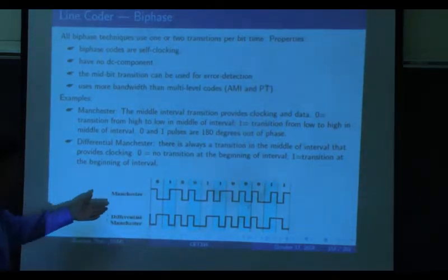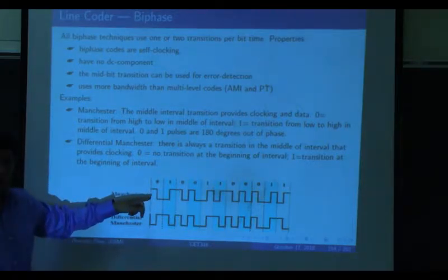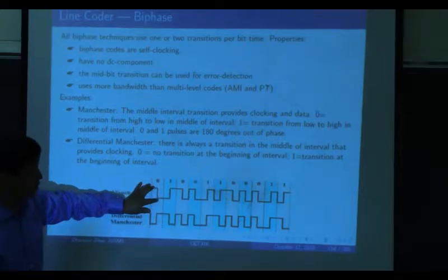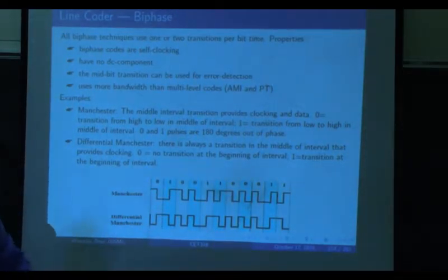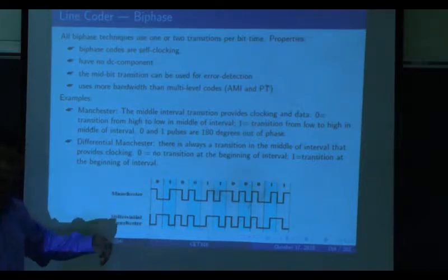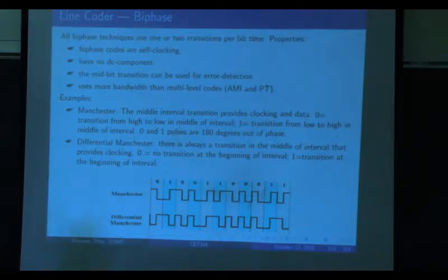And also, statistically, this signal has no DC component. Because this one, they cancel each other. This one cancel each other. So no DC component. That means all the frequency transmitted will be high frequency. Why is this good? Why do we not want a DC component in the signal? For example, if you have a DC component in the signal,